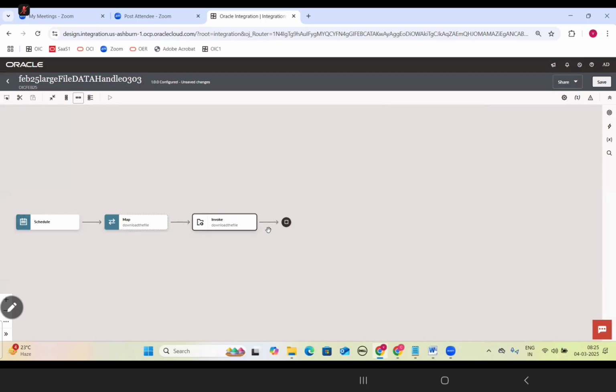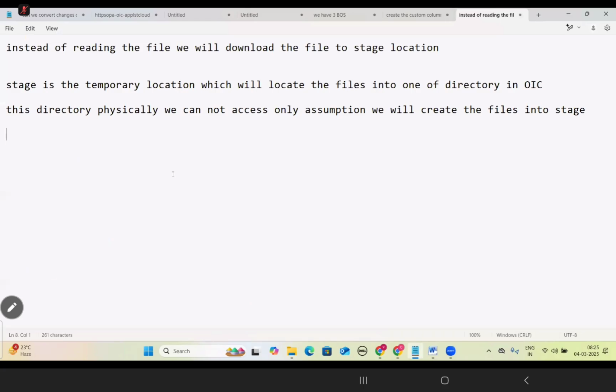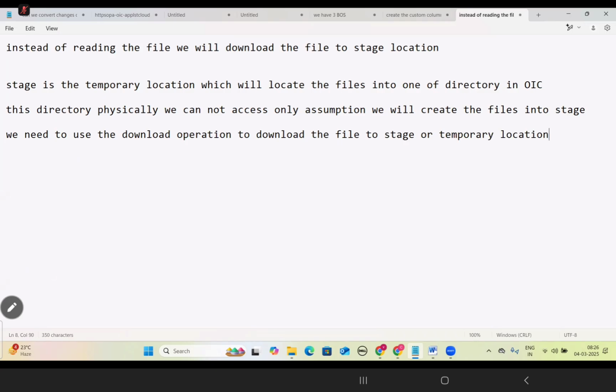Okay. So what is the next step we need to do? We need to download to a particular location.